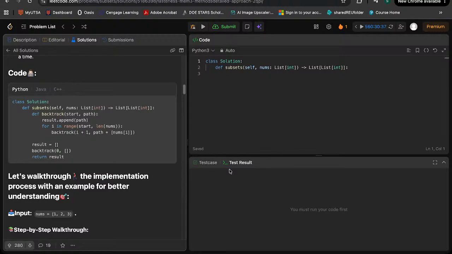So that would be this and 1, which appends